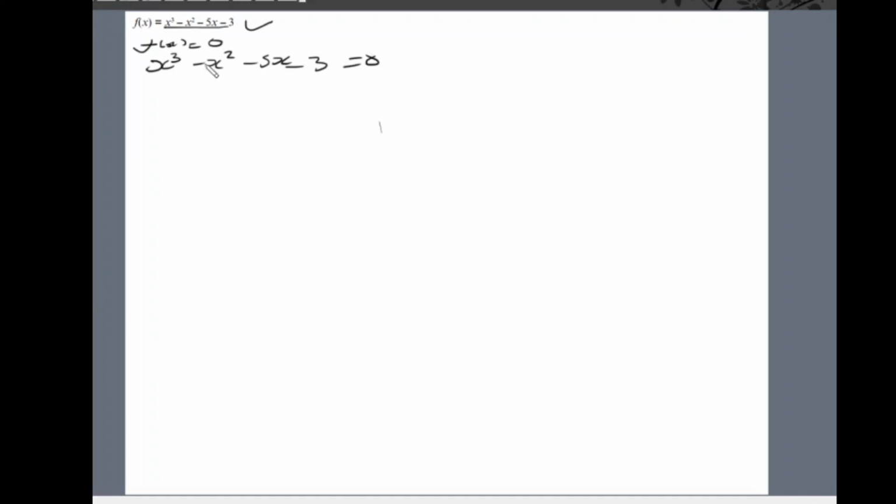So then by factor theorem we can pick one value which will make this equation 0, and then use that value or factor to find the other factors. To find a value which will make this function 0, look at your constant and its factors. So look at your constant -3, and these are the factors of -3. You'll have -3, -1, 1, and 3. By trial and error, you can start here and see if you substitute -3 in your function, what do you